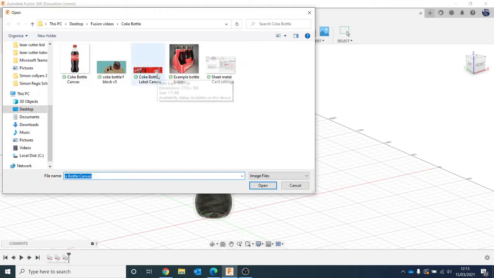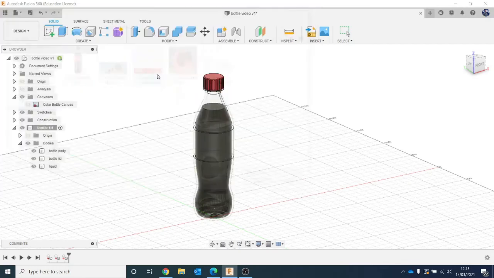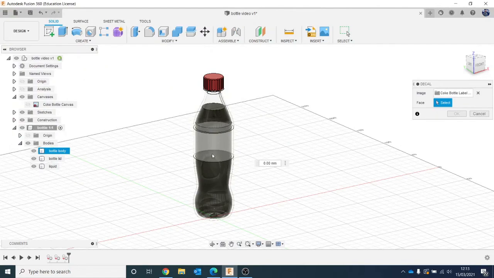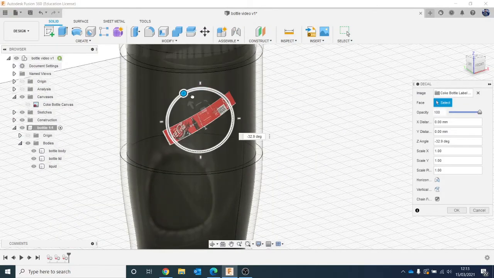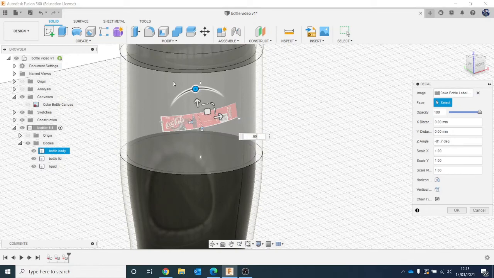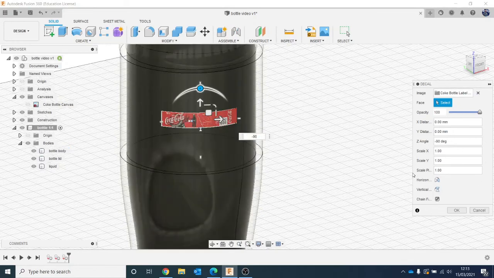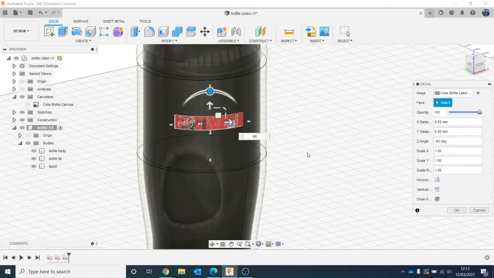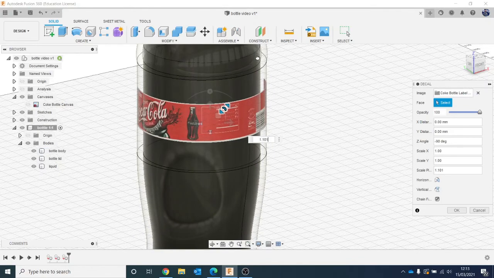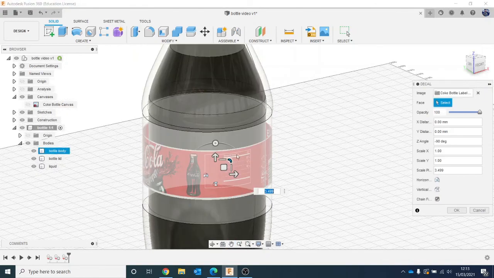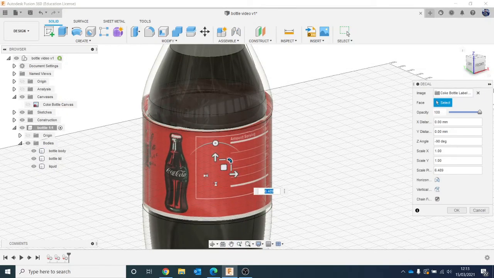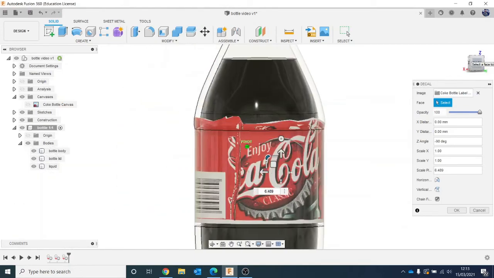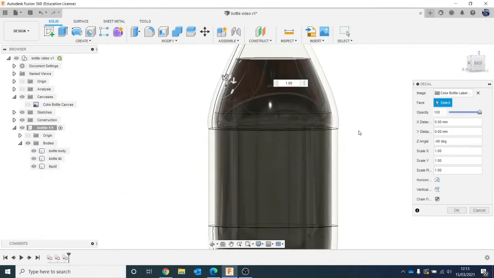I've got a label I've already got ready there. Surface, I want to click on this surface here. I want to rotate it. Let's rotate it -90. I'm going to drag it like this, I won't click off chain faces yet, and you see what will happen is it starts to distort a little bit. Okay, if you click off chain faces,